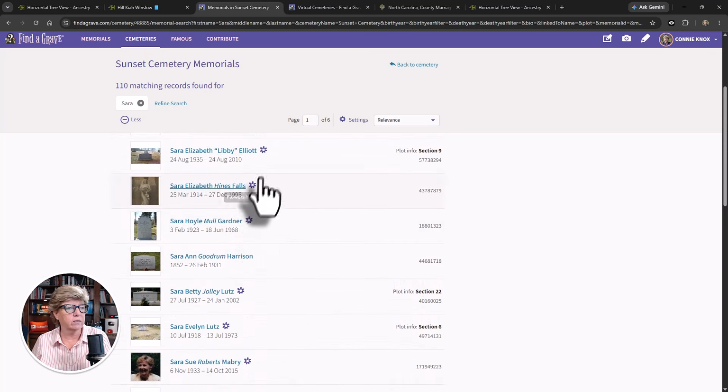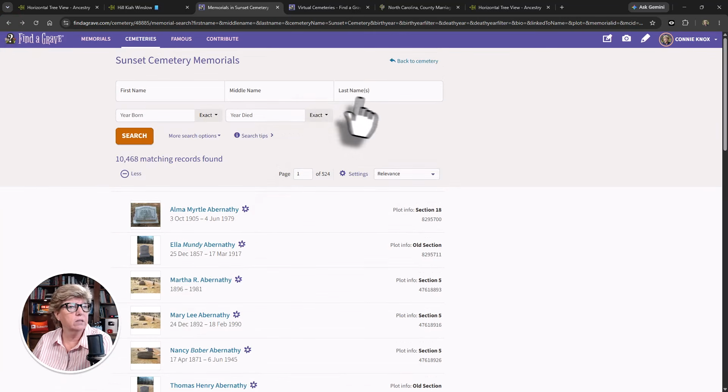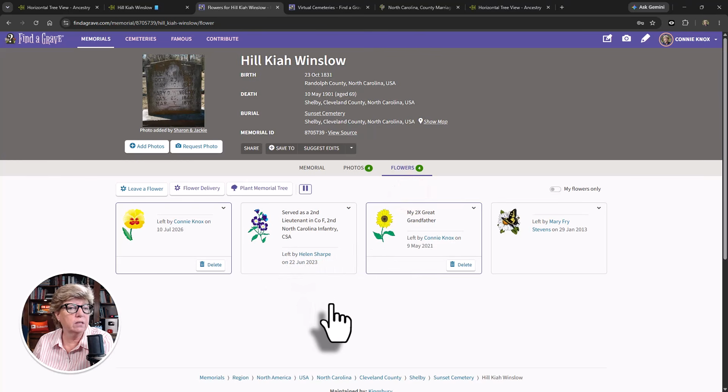You can see all the flowers. See all the little flowers there? And that's another thing. The flowers that you leave, let's go back to Winslow. The flowers that are left, these could be clues. These could be other people that are searching the same person. So it's helpful to pay attention to that. You could even email them through the FindAGrave website to see if any of that pans out to be helpful,